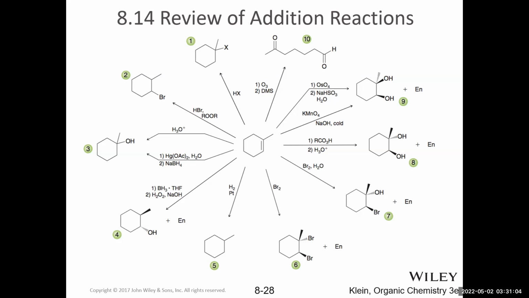But sometimes it's 2 different groups. Maybe you're adding a halogen and a hydrogen, right? Or an OH group and a hydrogen, or an OH group and a bromine, right? There's a lot of different possibilities where it's 2 different groups. In that case, you want to ask yourself, what's the regioselectivity? Sometimes we can summarize that with Markovnikov versus anti-Markovnikov rule. Or in the case of the halohydrin reaction, we just want to remember the OH group gets added to the more substituted carbon. And then ask yourself, how many stereocenters are being formed?